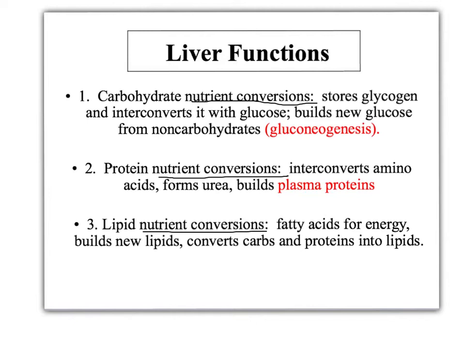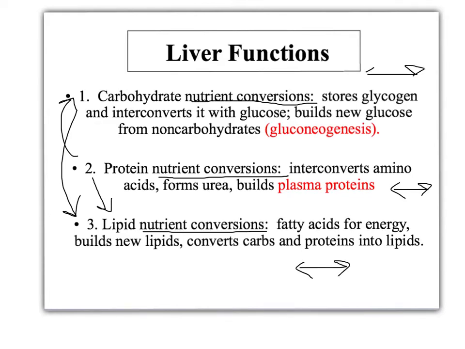And this is really important because if your diet is not balanced, your liver can convert proteins to carbohydrates, can convert carbohydrates to lipids, and can convert proteins to lipids, and then also interconvert proteins from one type to another, lipids from one type to another, and carbohydrates back and forth in between different types. So just to review that information, one of the most important things that the liver does is interconversion